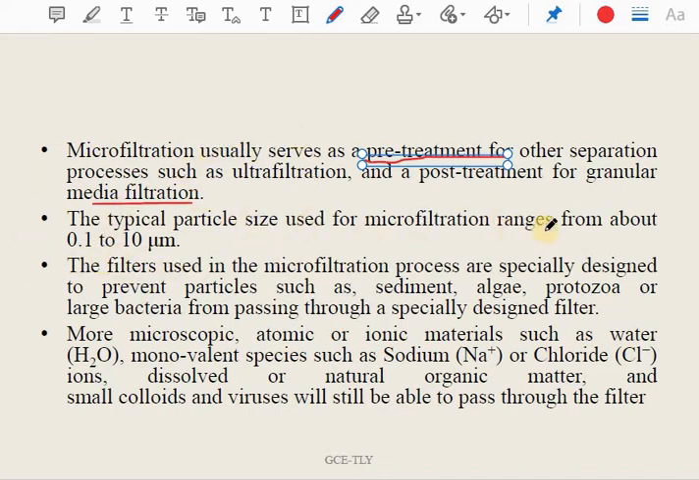So here the particle size of microfiltration varies, as I said earlier, from 0.1 to 10 micrometers. The filters used in microfiltration are specially designed so that particles such as sediments, algae, protozoa, or larger bacteria can be removed. More microscopic atomic or ionic materials such as water, monovalent species such as sodium chloride ions, dissolved organic matter, small colloids, and viruses will still be able to pass through the